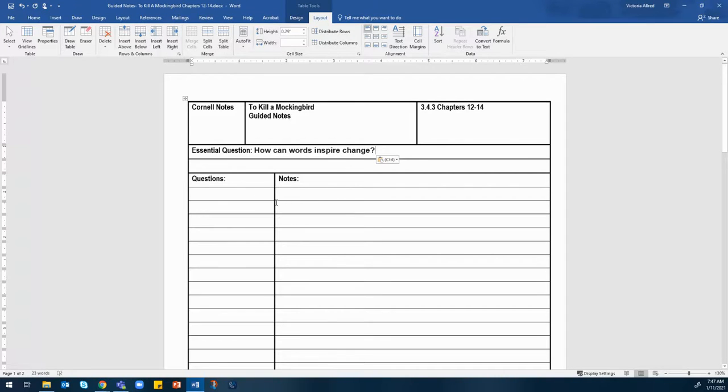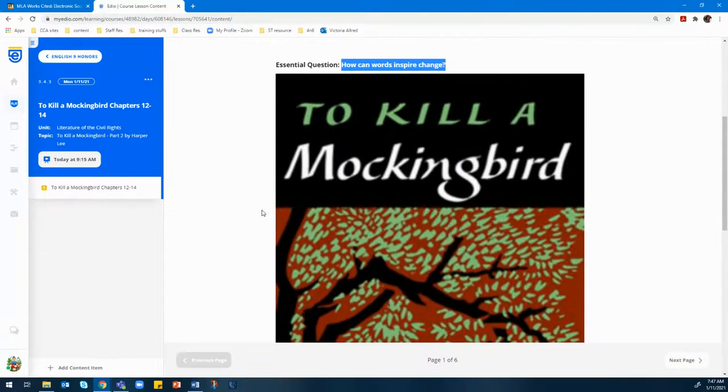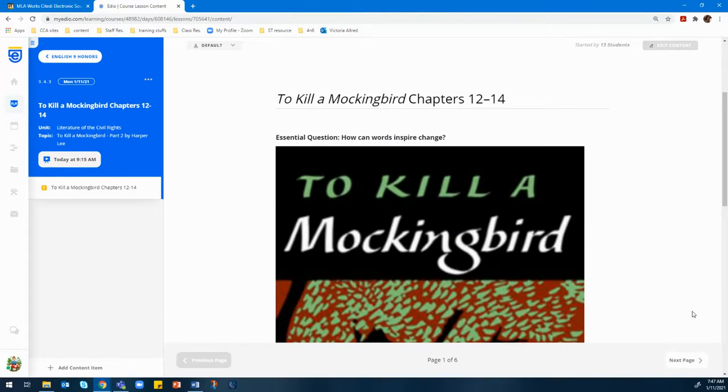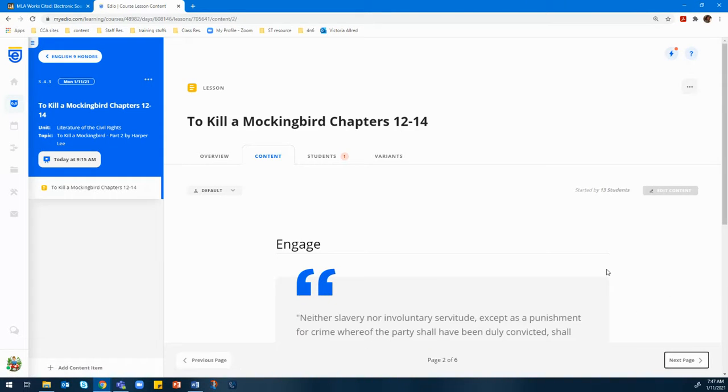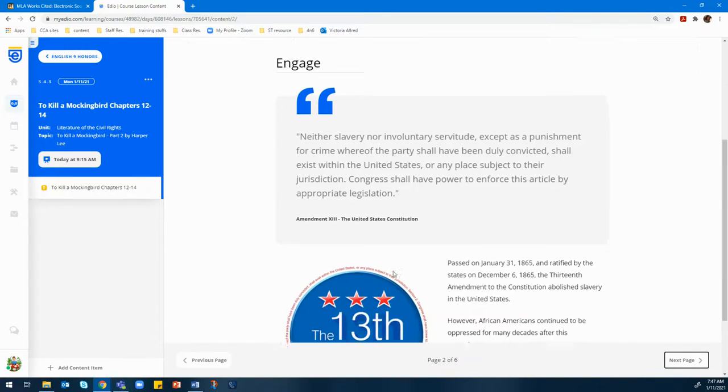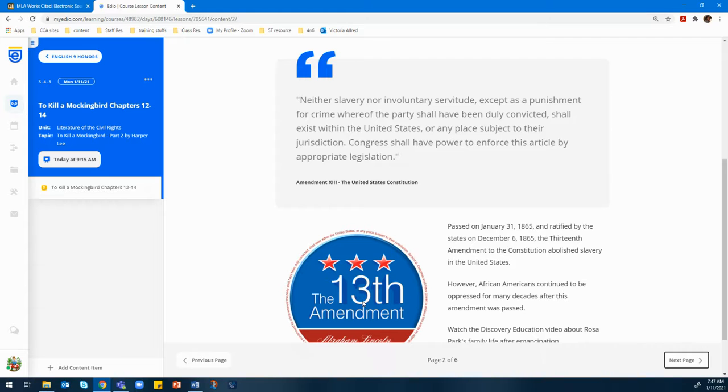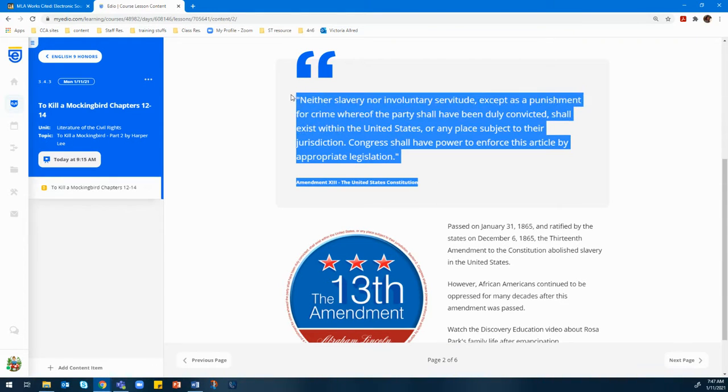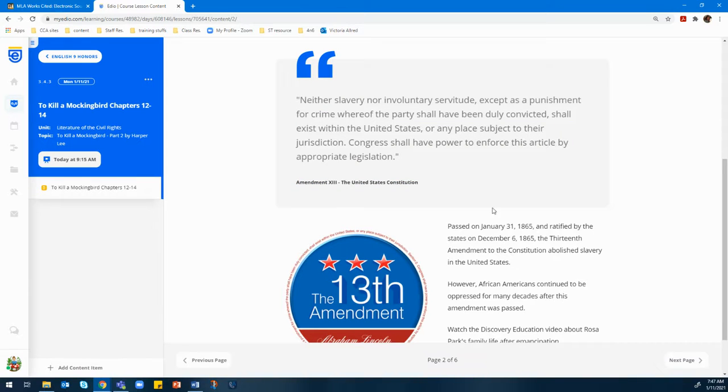All right, so next step, we need to start looking at the lesson. So this would serve as a fantastic preview if you did this before class, because it gives you an idea of what the lesson's going to be about before we come in and really talk about it. So we can see that we're talking about the 13th Amendment. If I had not already tried to do this so many times, we would go through and read each and every word here. But because this is just a preview before we get to the lesson, I think that I can just go through pretty